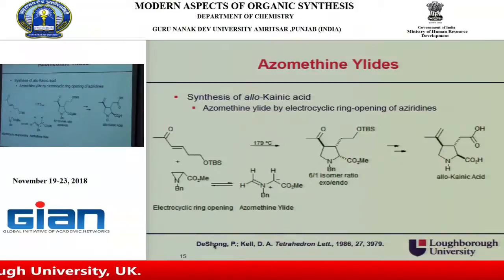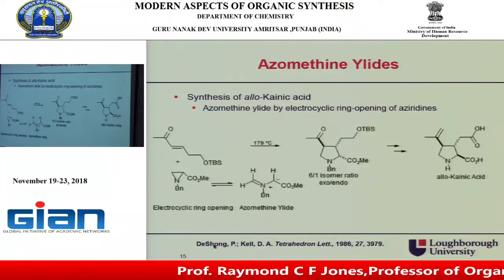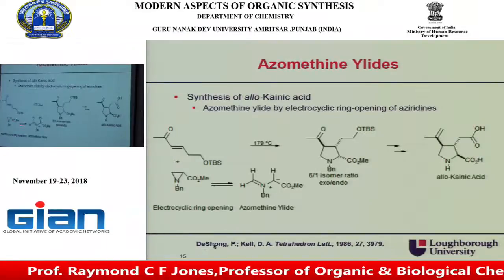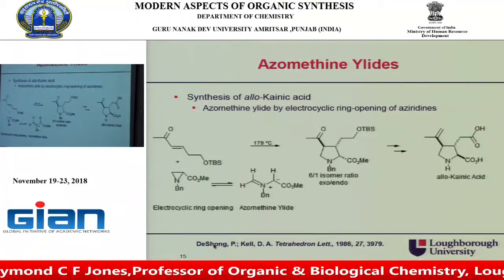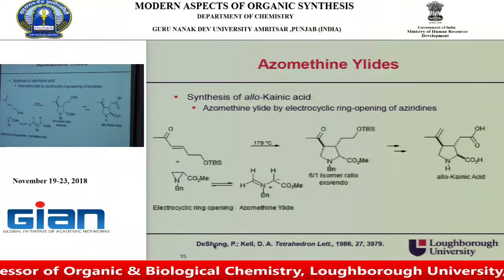It's a relatively straightforward synthesis in that you put together this alkene, that pi bond here is what's going to be the dipolarophile. Here is the aziridine that was made with an ester substituent, so that when Bn is a benzyl group for protection, when you heat that up, it's quite a high temperature,